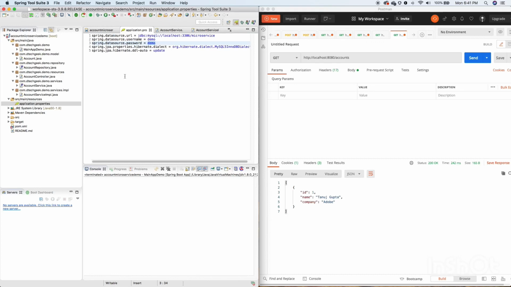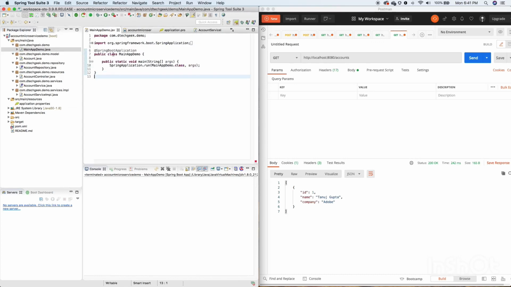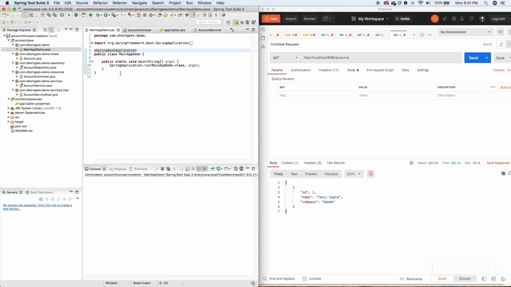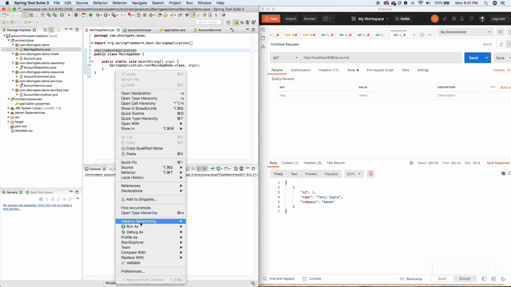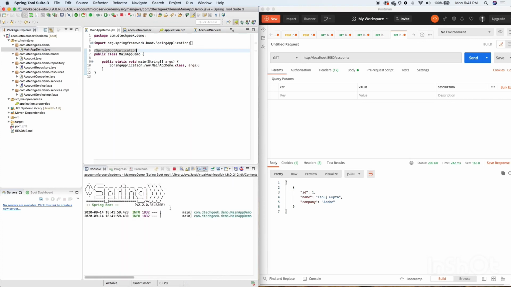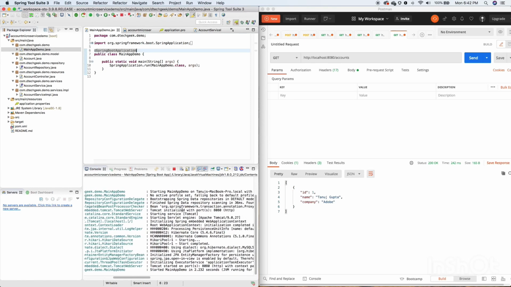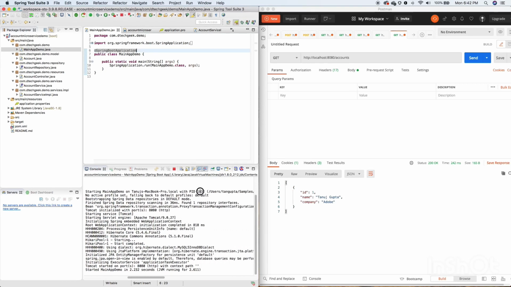So now coming back to the project, starting with the main application. If you see, I have annotated this file with @SpringBootApplication, which shows this microservice is a Spring Boot application. If you run this, you will see a bunch of logs over here. In that you would find the process ID on which this microservice is running.